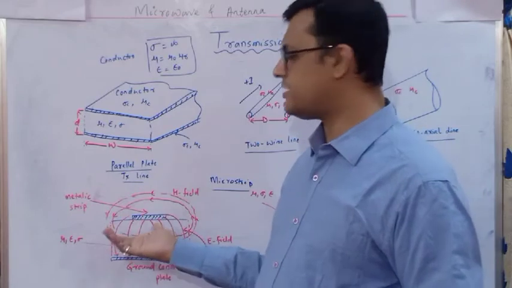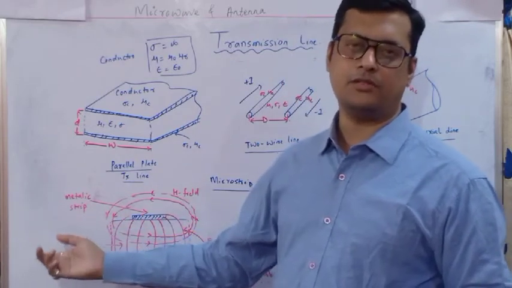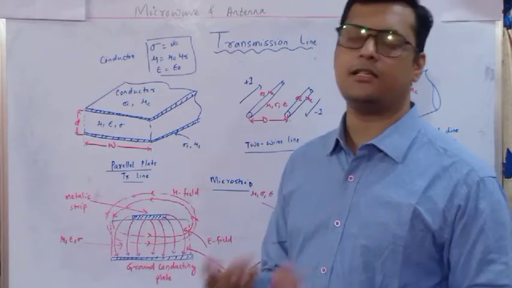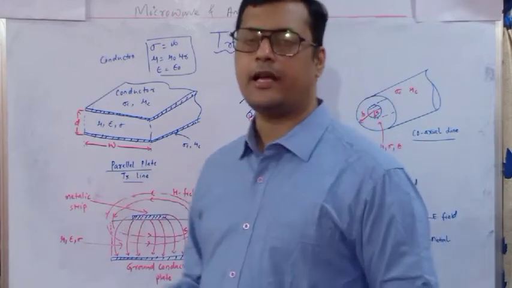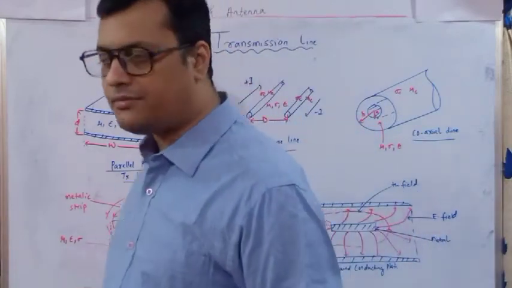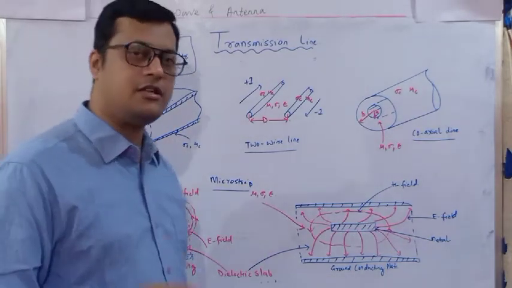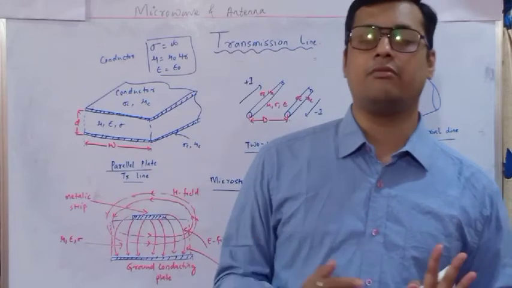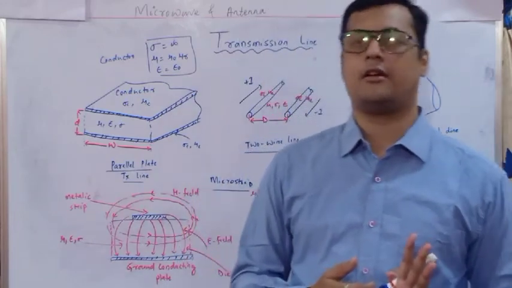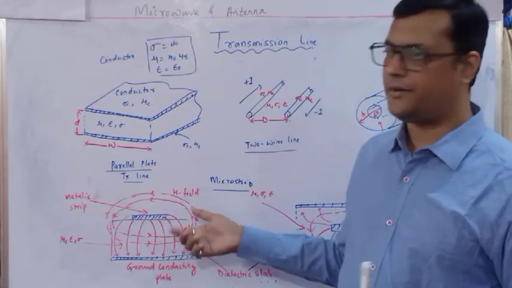So this is one substrate. The substrate is a dielectric slab and the dielectric medium is identified with mu, sigma and epsilon. If you change this value, if this dielectric is lossless, the value is changed. If the substrate is a lossy medium, then the sigma, mu and epsilon values are changed. And an air medium is not possible. We can go for a dielectric lossless and lossy medium, then only the substrate will come into the picture. Okay.